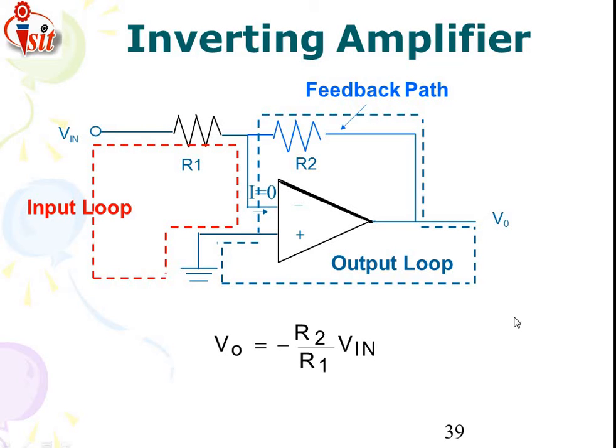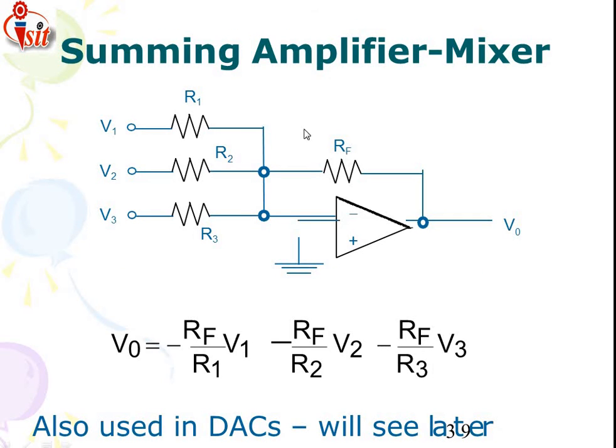Then this is a circuit diagram related to the inverting amplifier. As I told, in the inverting amplifier the input voltage is applied to the negative terminal of the op-amp. Similar to the non-inverting op-amp amplifier, the output of the inverting amplifier is also calculated by gain times differential input voltage. But here we are applying the input to the negative terminal of the op-amp. For that purpose, the gain related to the inverting terminal of the op-amp is minus R2 divided by R1.